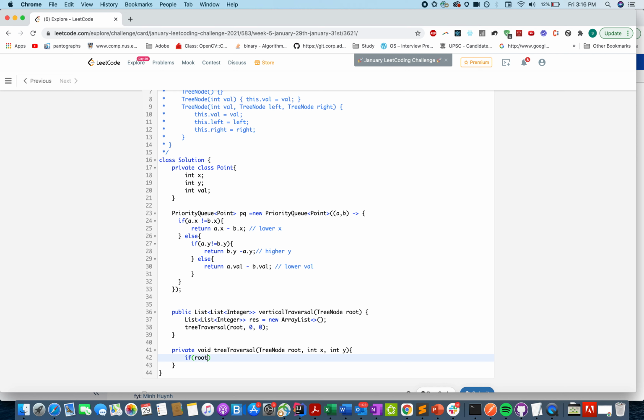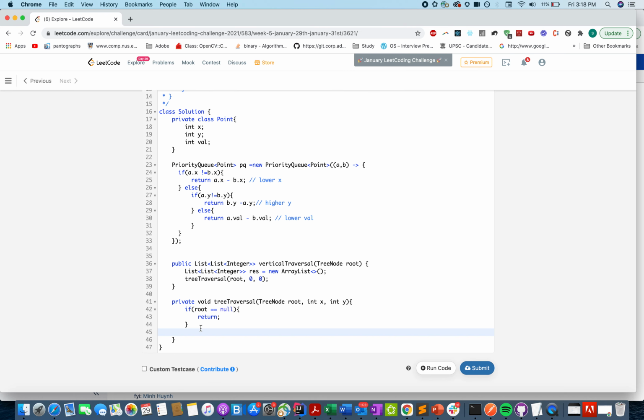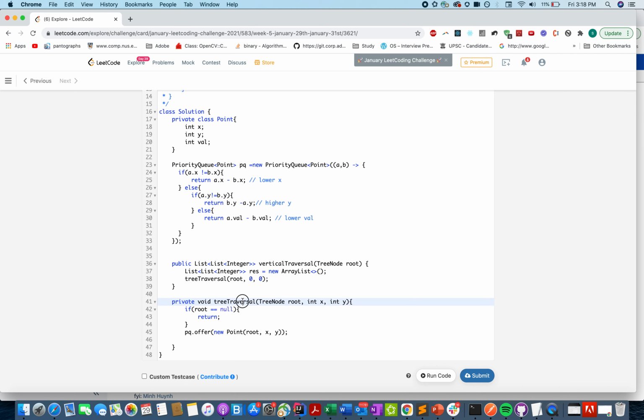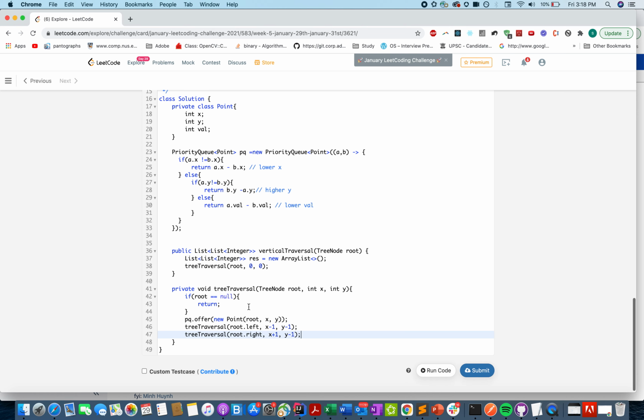If root equals null, return. Otherwise, root is not null: pq.offer new point root comma x comma y, and let's move into its left child. Root dot left comma x minus 1, y minus 1, and let's move into its right child. So far we are good.